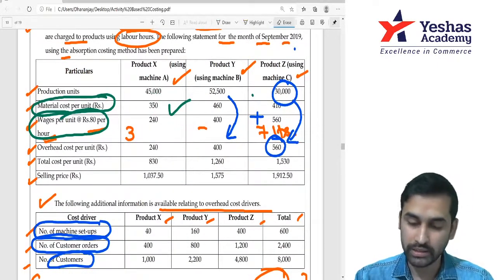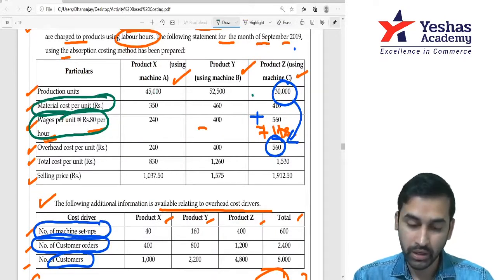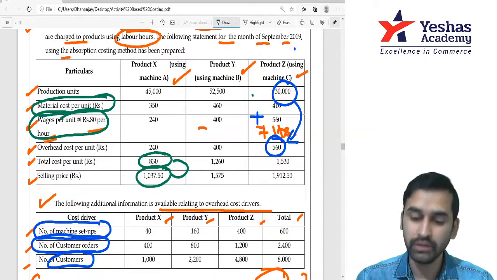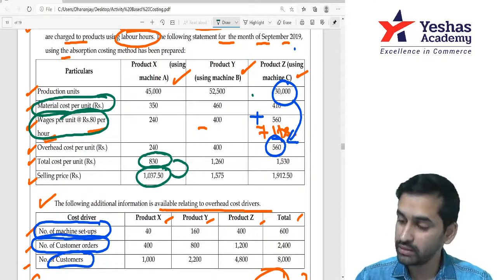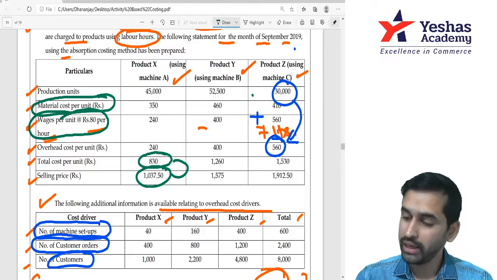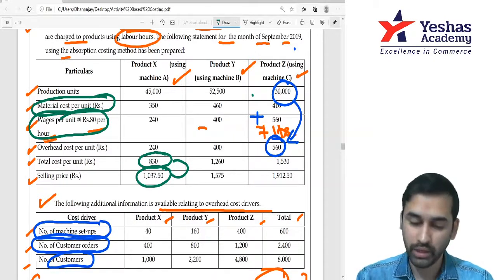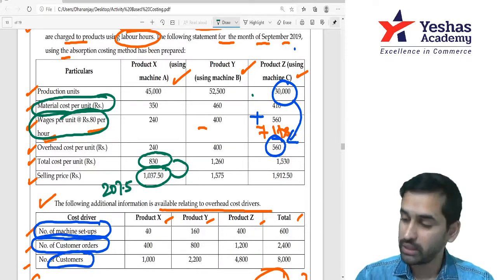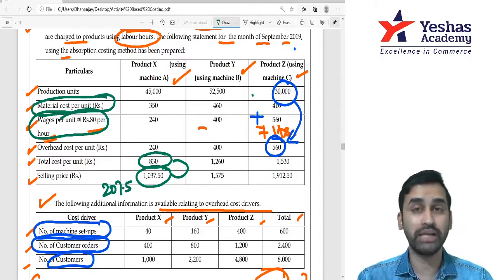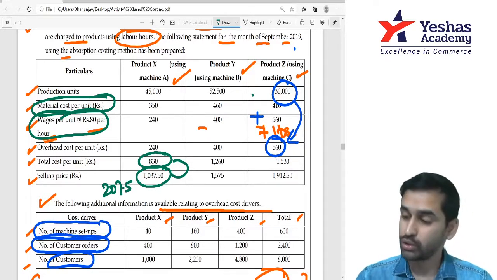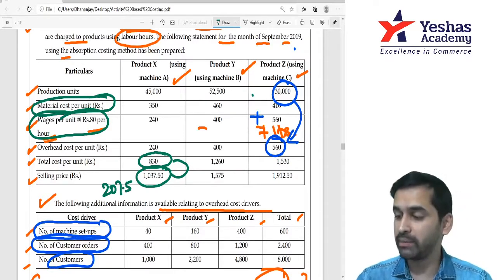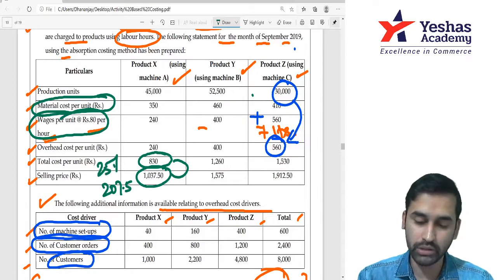Yeah. Here, sir, you already have cost per unit. You already have selling price. Difference between selling price and cost will be profit. Correct? How much is that? 1037.5 minus 830. That will be 207.5 profit. And profit per unit, that means, profit as a percentage on cost. So 207.5, if you divide by 830, then multiply by 100, you will get 25% on cost.